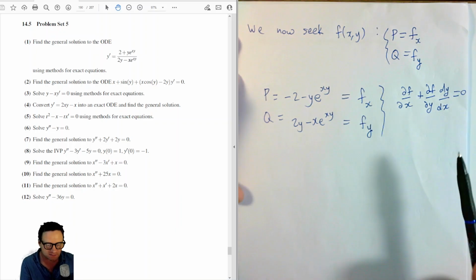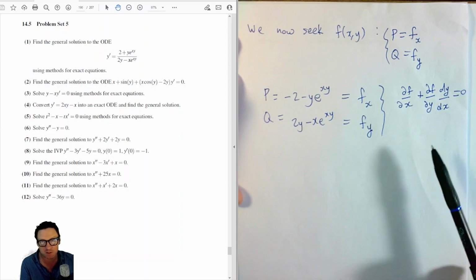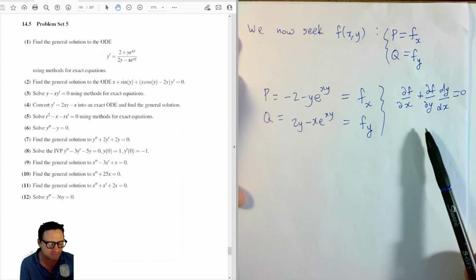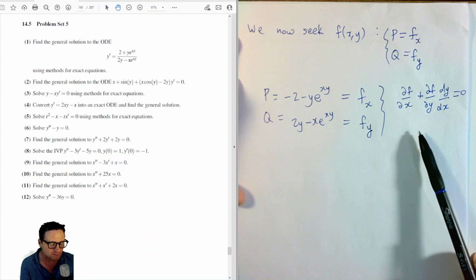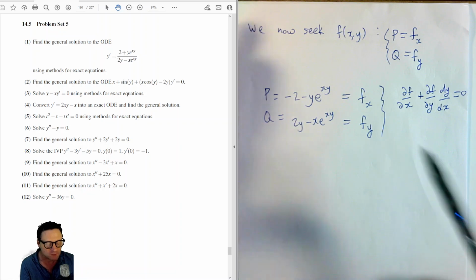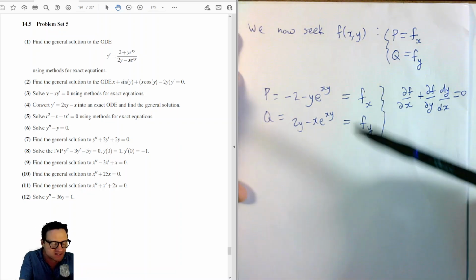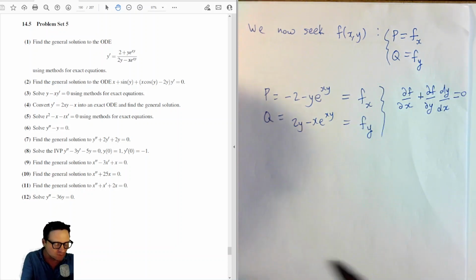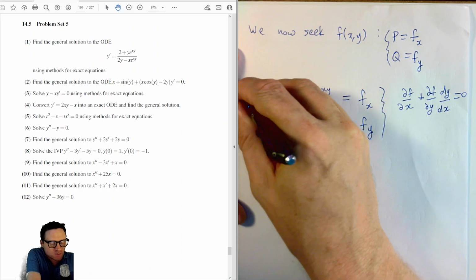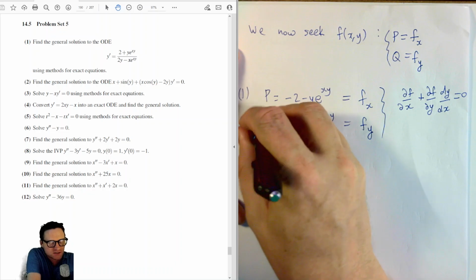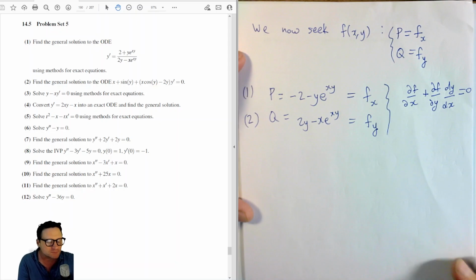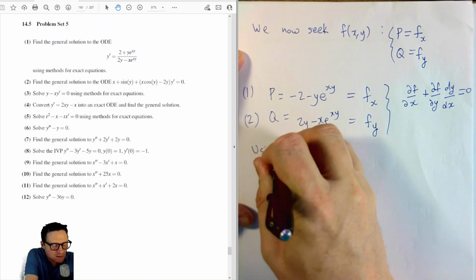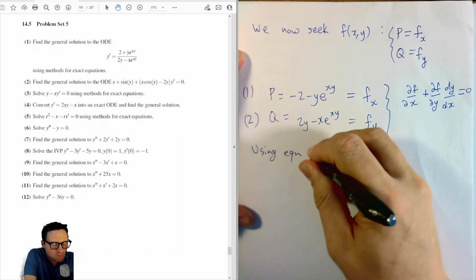Okay, and so this is associated with the chain rule for partial derivatives when, all right, so I'll leave it at that. But okay, so let's go ahead and solve for lowercase f at this point. So let's label the first one equation 1 and the second one equation 2. And so using equation 1,